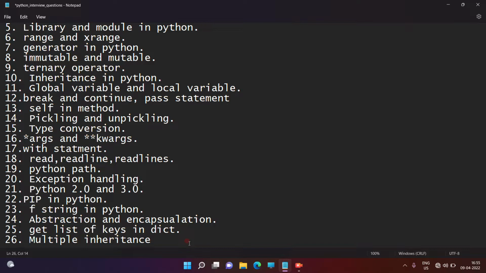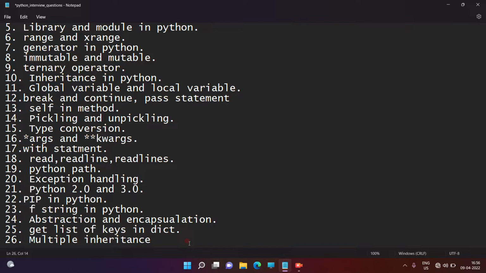So what is multiple inheritance? Multiple inheritance is a type of inheritance. In multiple inheritance, there can be more than one parent class and only a single child class. Remember this, guys, it is very important, because there is one more type of inheritance, which is hierarchical inheritance.